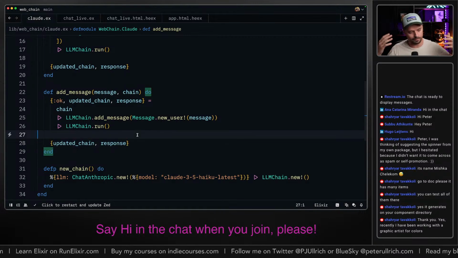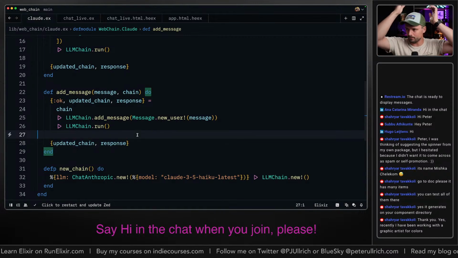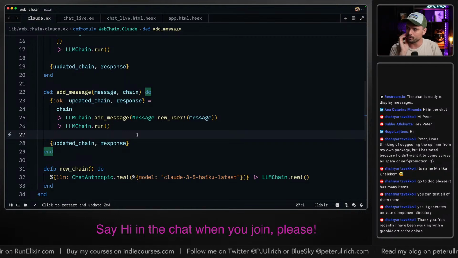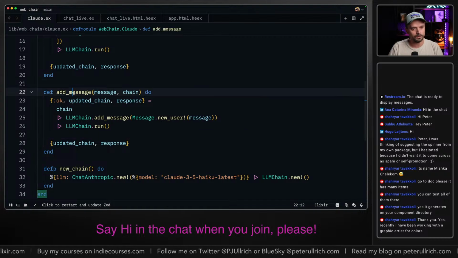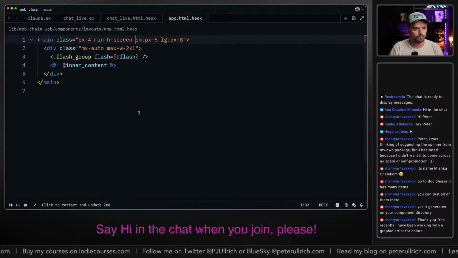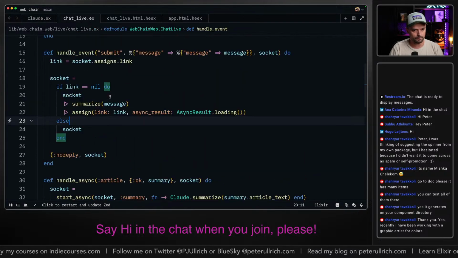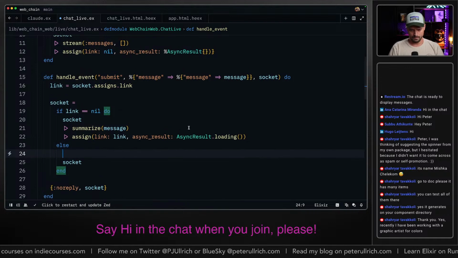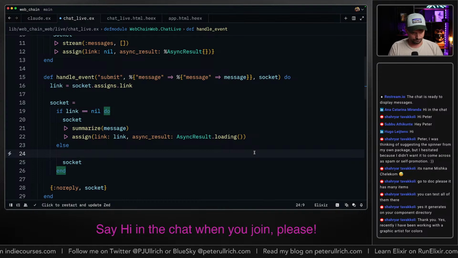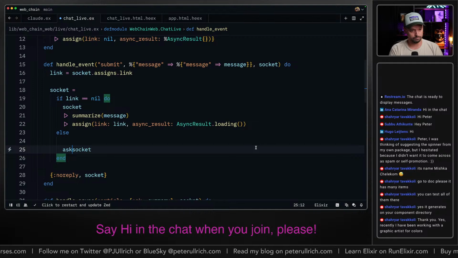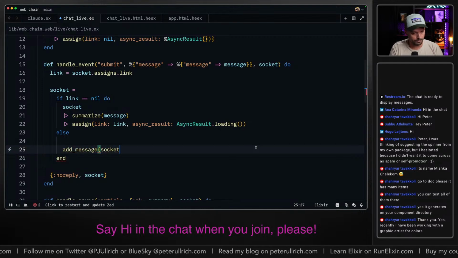You know, that's the thing with tokens. If they say, hey, an LLM can handle so many tokens, it's basically, how many input tokens do you give? How long is the message that you're giving it? So this is going to be our handler now if we handle the message here. So we already have a link, and now we have a message, right? So we're just gonna call it add message, whatever.